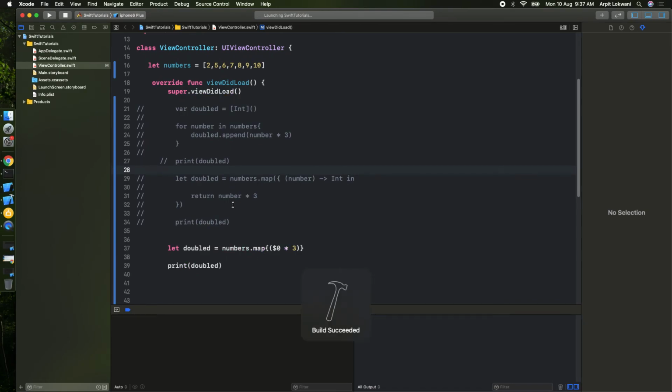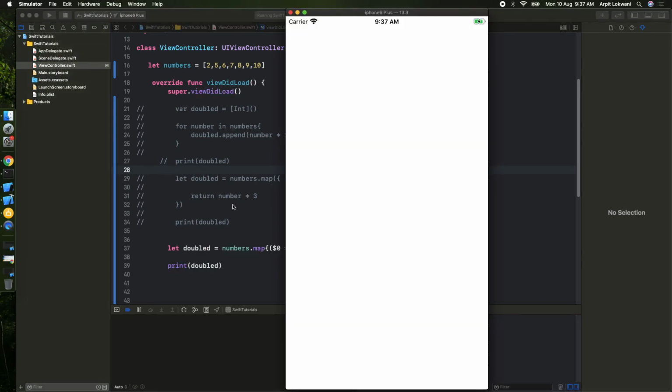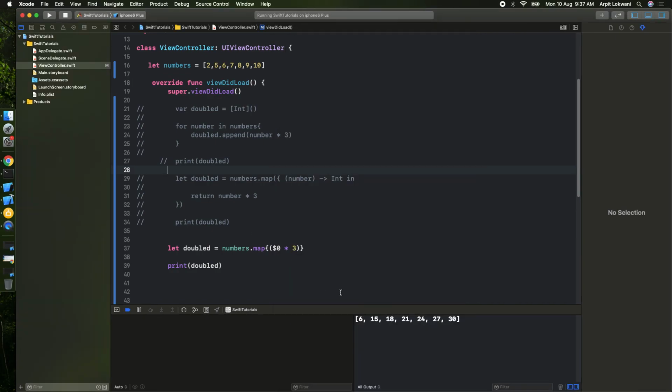So guys, it's a very beautiful feature in Swift to use the higher order functions. And after that, dictionaries are also there. So mapping, where is the console window? Fine, looks fine. Hope you guys understood the basic concept.